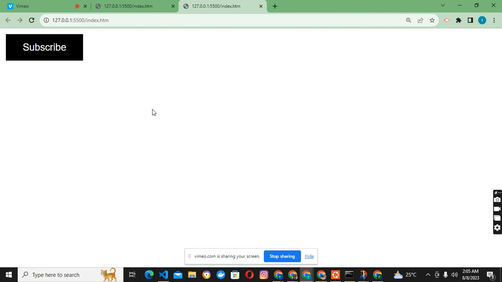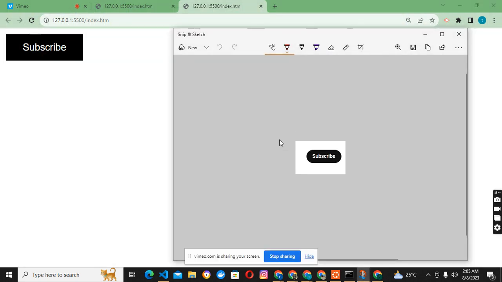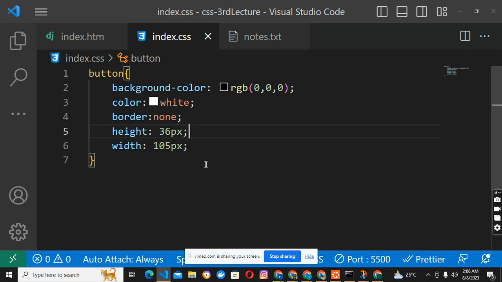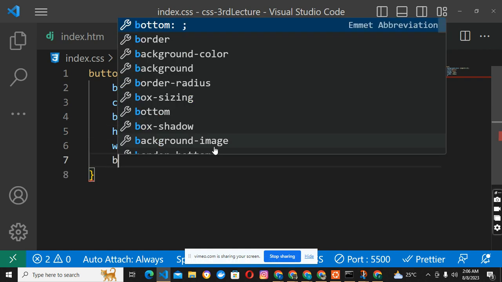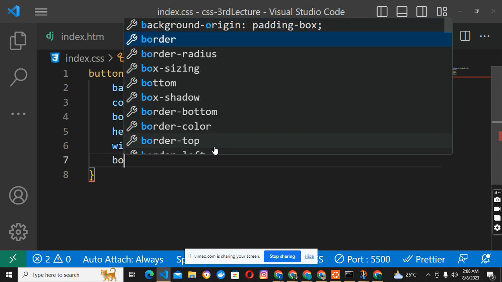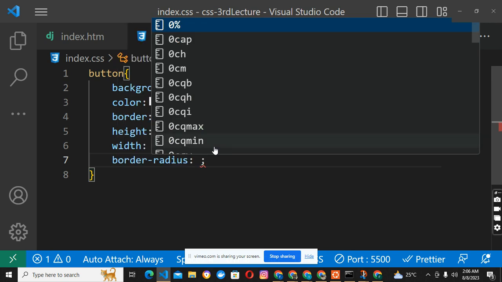Next thing for us to do is, you see the edges of our button are sharp. You understand? It's sharp, just like a blade. This is looking more like a capsule. So how do we correct this? That now takes us to another property. We can have a property like border radius. So the border radius, we can set it to say